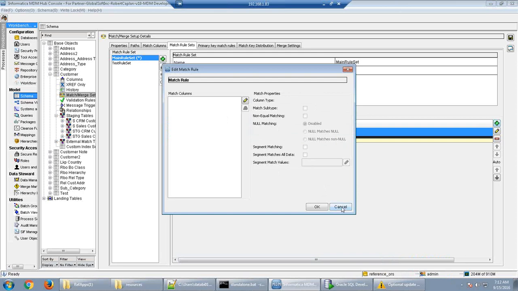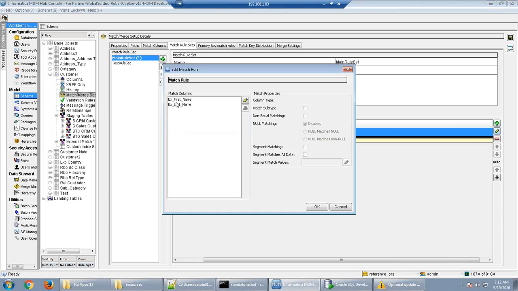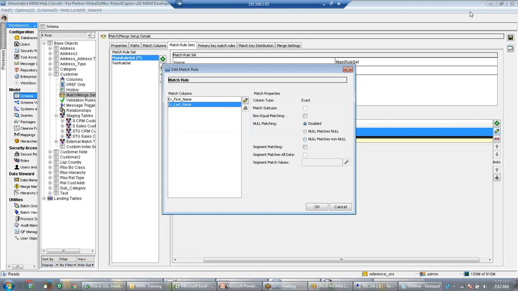For example, I have already created a rule. So we'll just go to that rule, edit it, select a column, and then you can see the options will be coming. So we will load some data and we will not select anything. We will leave this as default so that we can see which records are getting matched without selecting any property. Then we will go and select the other options and see how the records are matching.